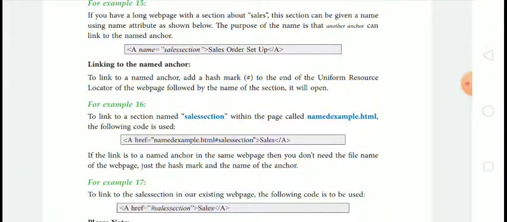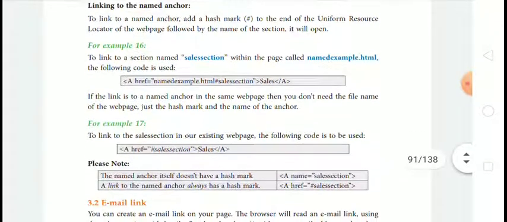Linking to a named anchor. To link to a named anchor, add a hash mark to the end of the uniform resource locator of the web page, followed by the name of the section it will open.